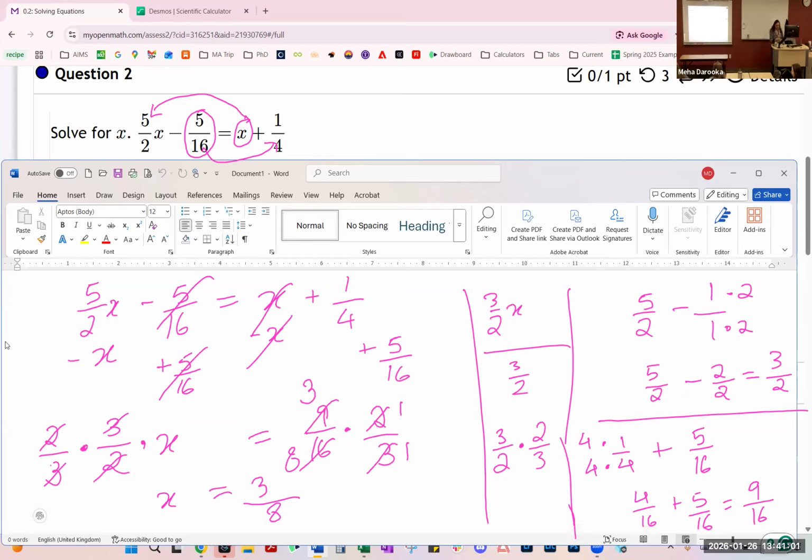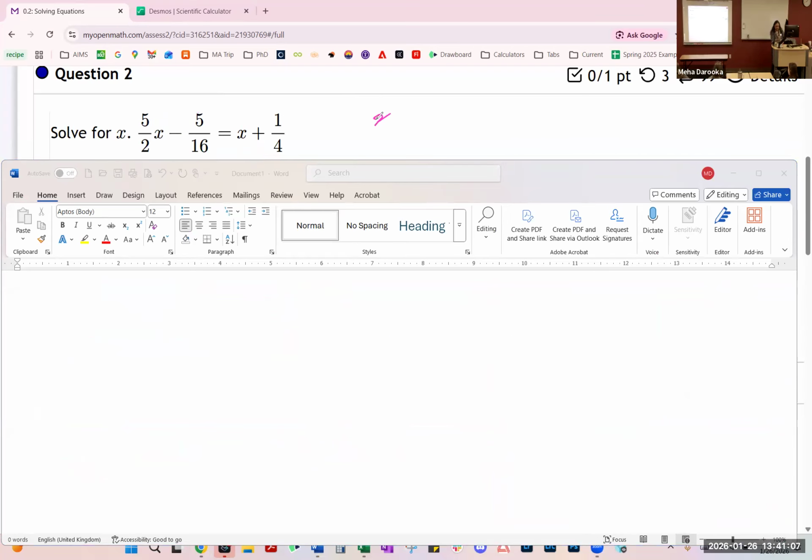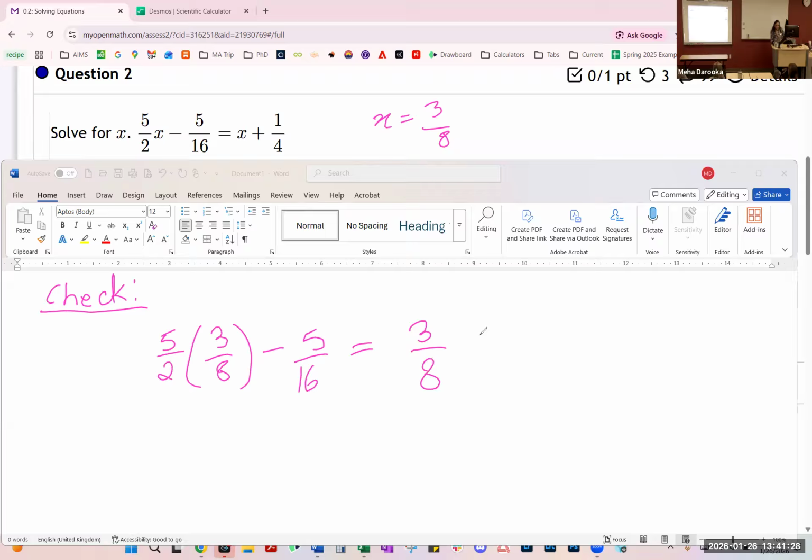All right, so we got x equals 3/8. I'm gonna clear this out. So x equals 3/8 is what we came up with. Okay, so this is what I'm talking about when I say you can check your answer. So you can take that 5/2, replace the x with 3/8, minus 5/16, that's our left-hand side. And then on the right-hand side, you have x, which we came up with as 3/8,